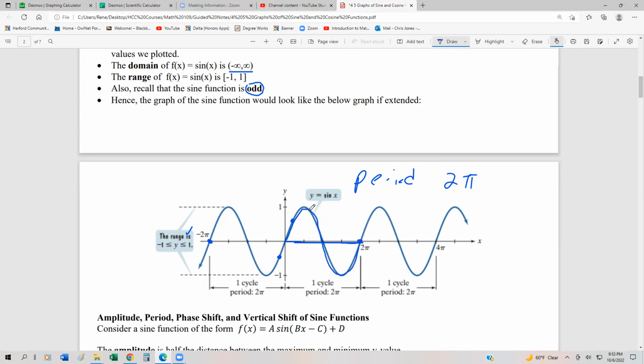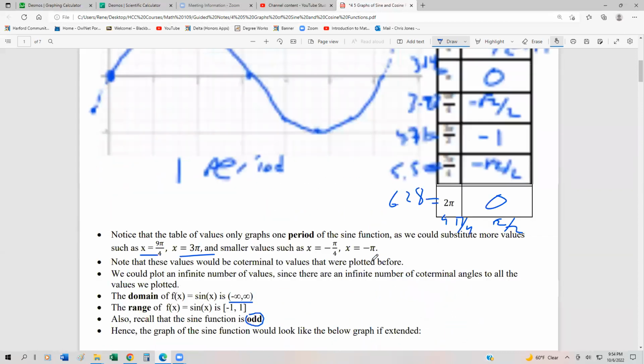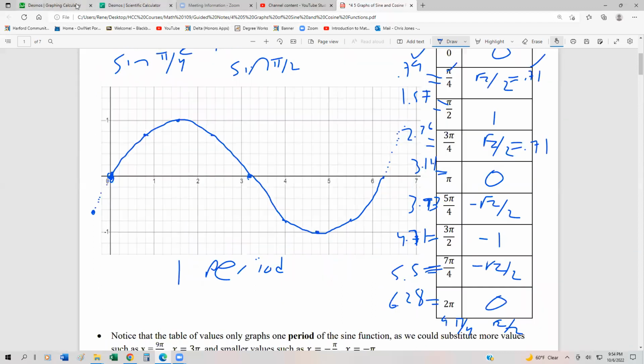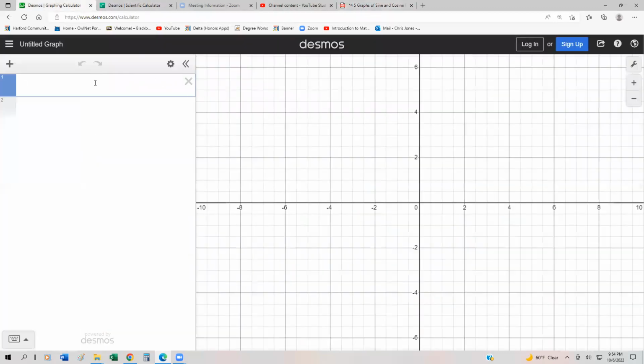And again, the highest it goes up to is +1, the lowest it goes to is -1, and that's all right here in each of these. In calculus, you'll be doing a lot of this, for those of you that have to take calculus, trying to find these maximum and minimum points. So if I was to graph the sine function on a regular graphing calculator, if I had y equals sine of x,